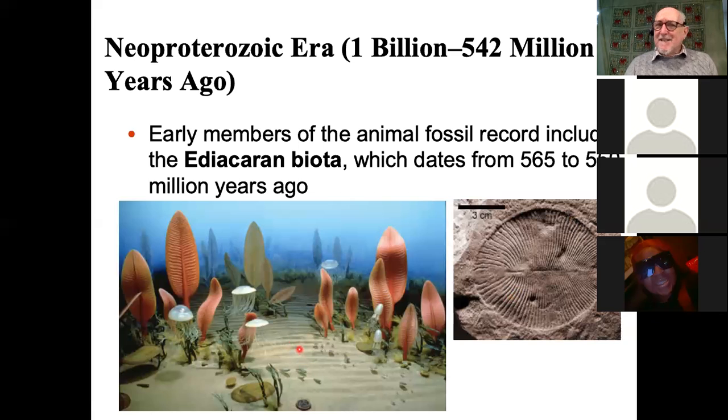They did form a very distinct fauna in the fossil record, but we have very little idea about what they actually look like or about how they functioned. A mysterious group, successful for a long time, but then they suddenly die out, and they die out absolutely completely. Towards the end of the Ediacaran